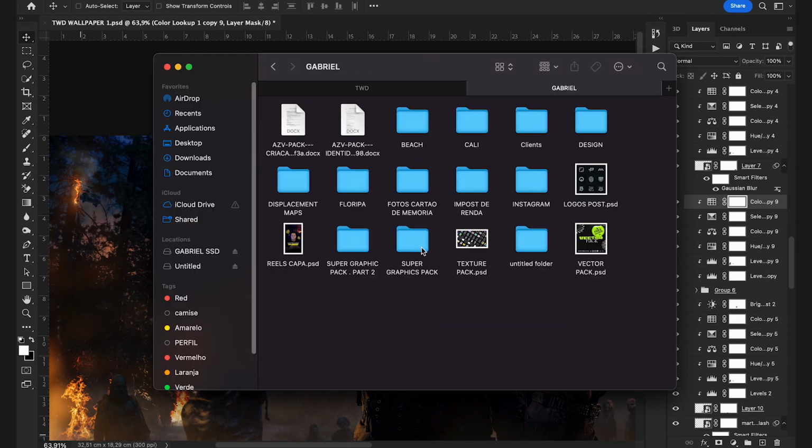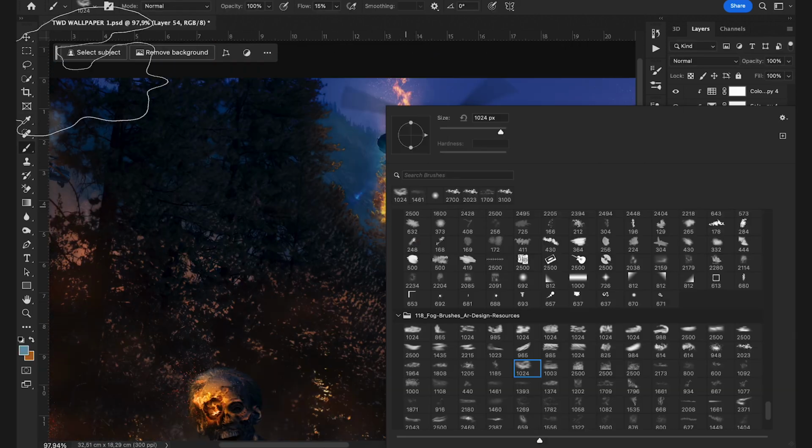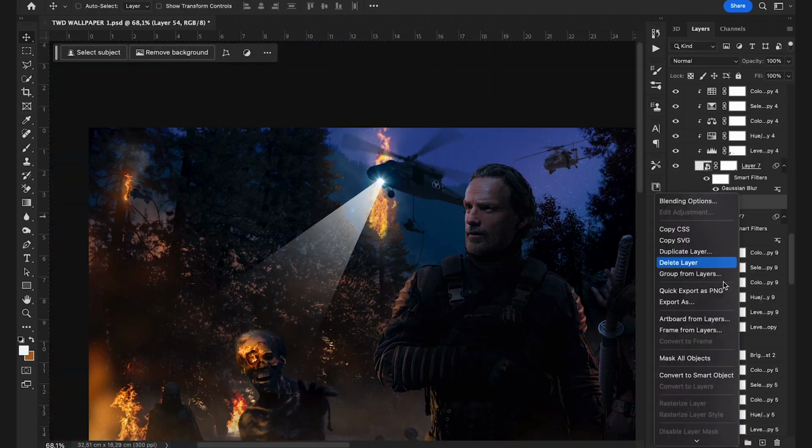Now it's pretty much time to fix the helicopter. So here we're just getting some flares from the super graphics pack,